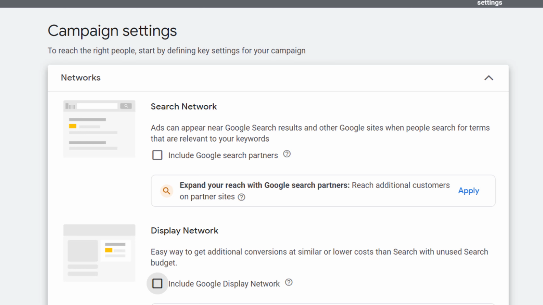Sometimes the results are great, but most of the time they are not, and that's generally one of the principles we follow. We recommend normally not starting a campaign with the search network enabled.